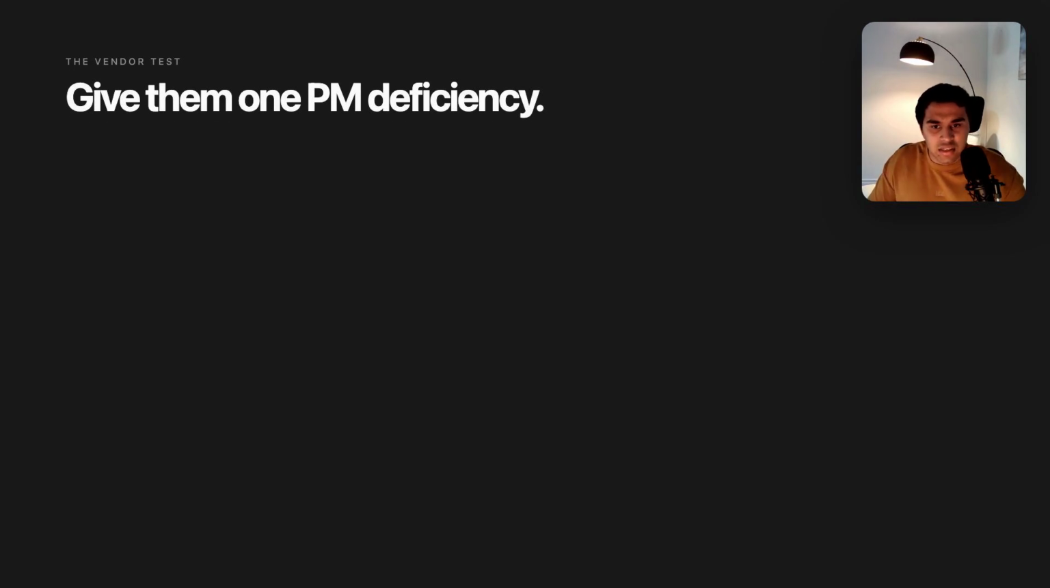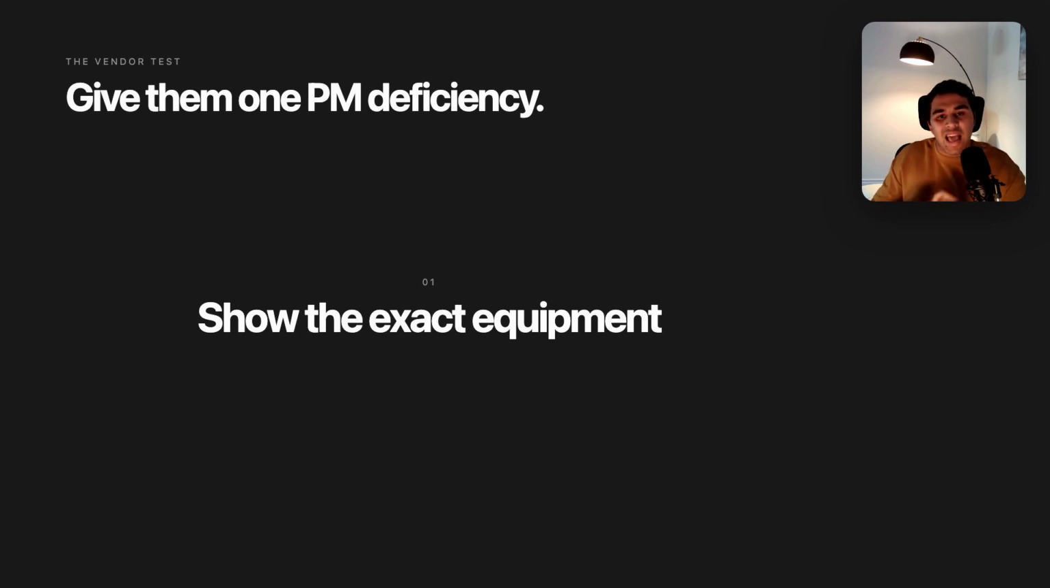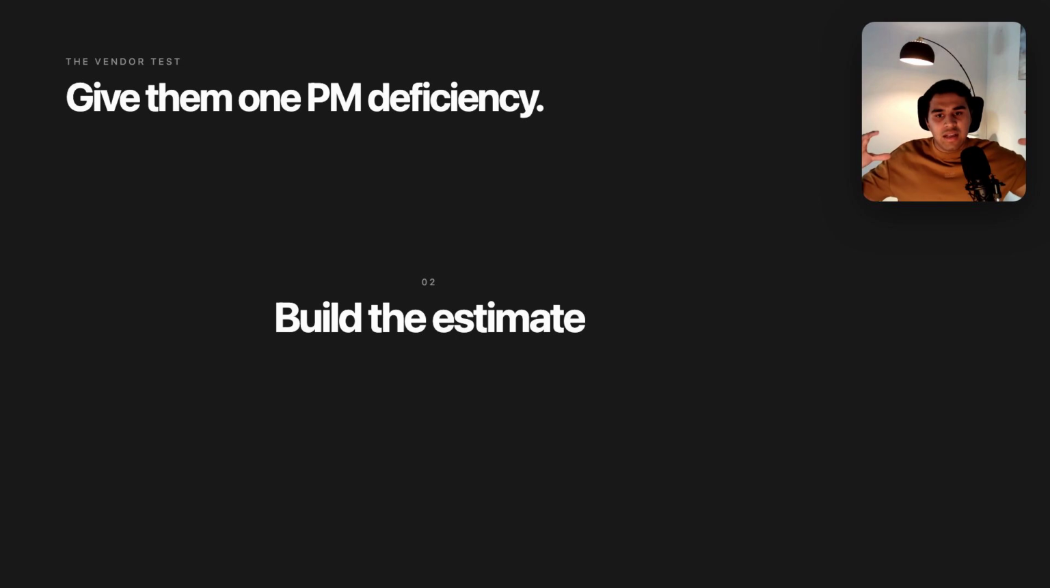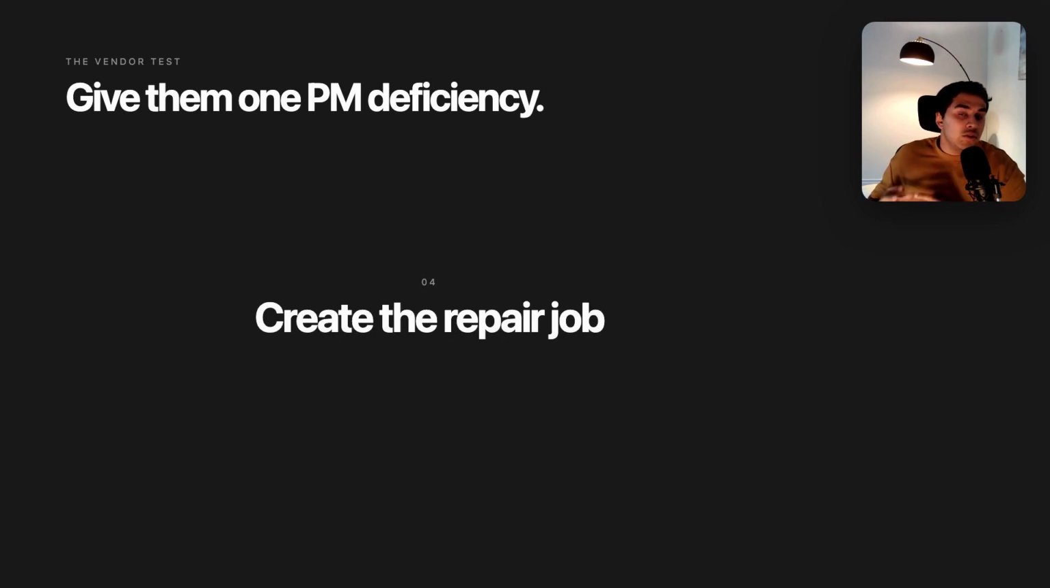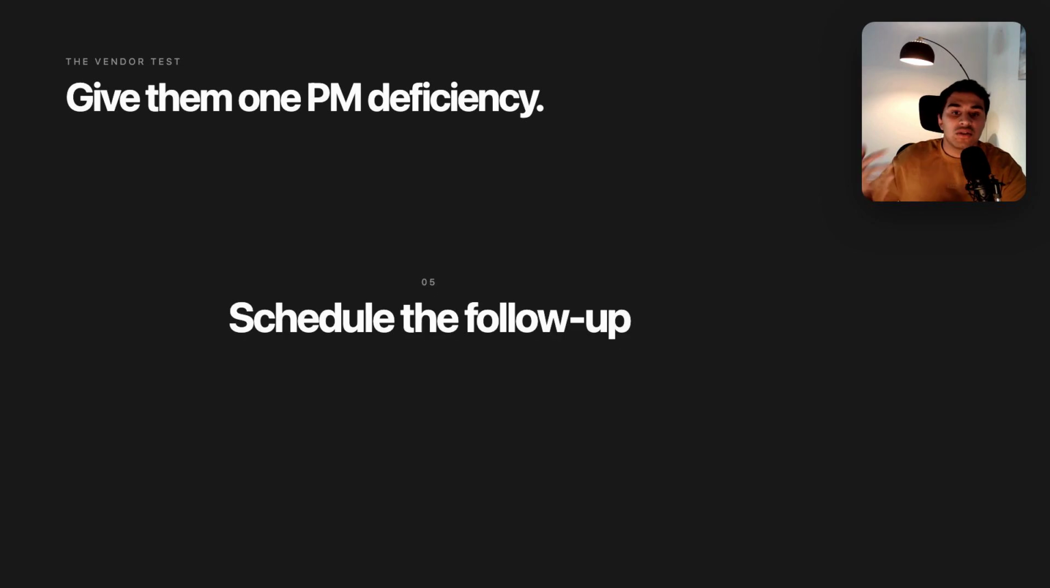Now the test is very simple. Give your vendor one PM deficiency. Ask them to show the exact equipment, build the estimate, record the approval, create the repair job and schedule a follow-up. If any step depends on retyping the same information or searching another spreadsheet or another tool, the